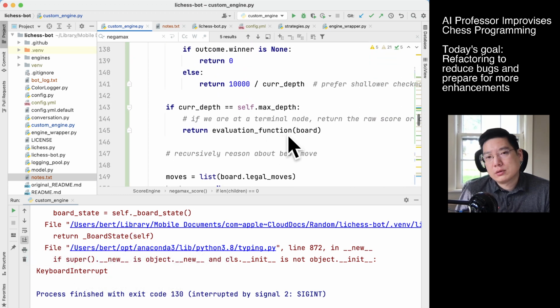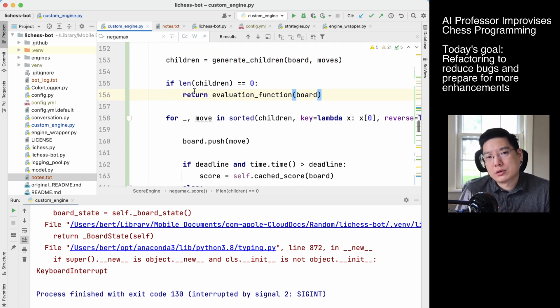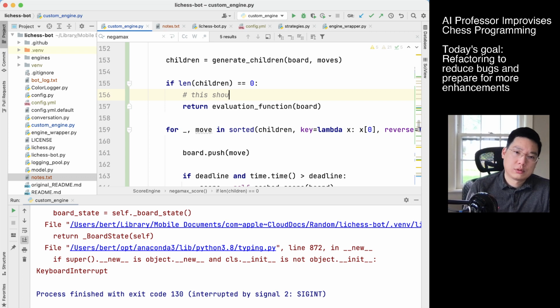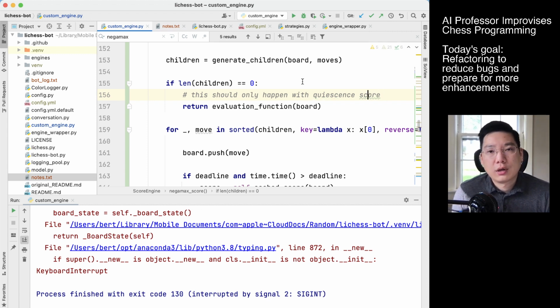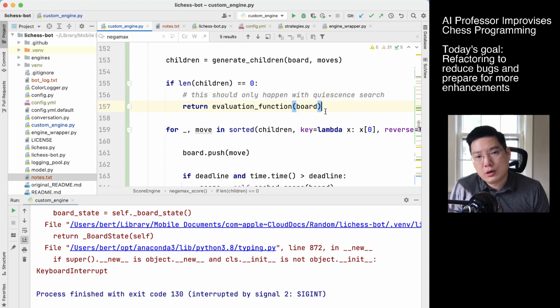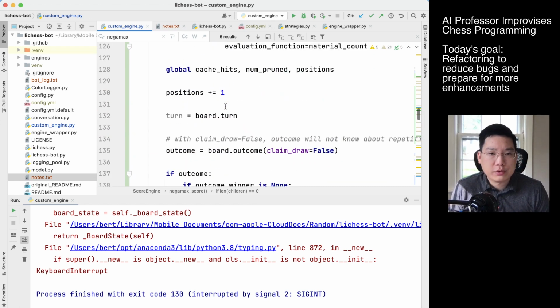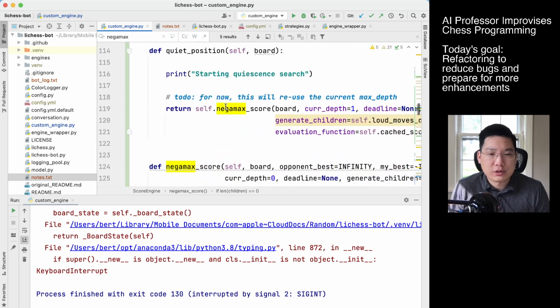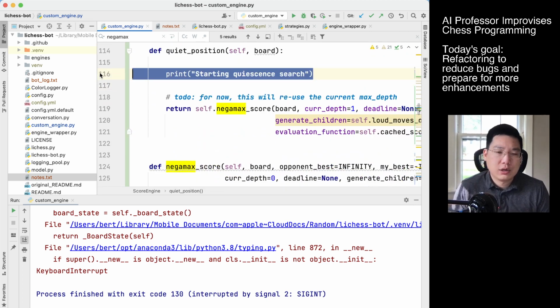Yeah, I think that's correct. Quiescence score. I was so confident a minute ago of spelling it. Okay. So in terms of my printing, I don't really want to print if there's a quiet search. So I'm just going to say